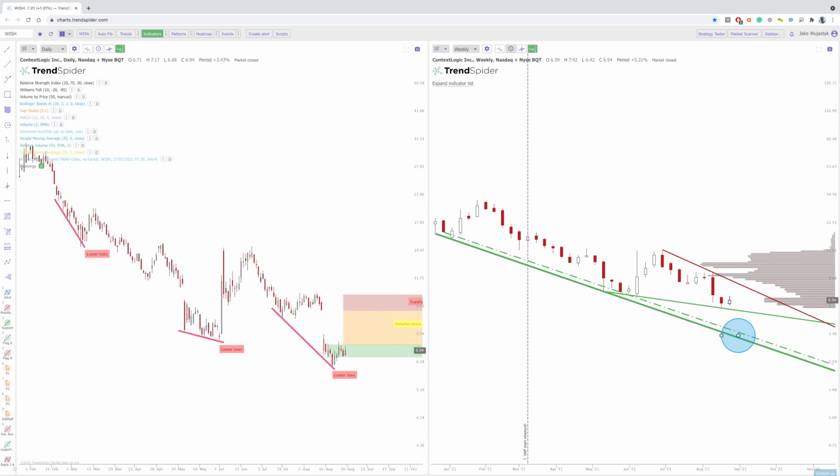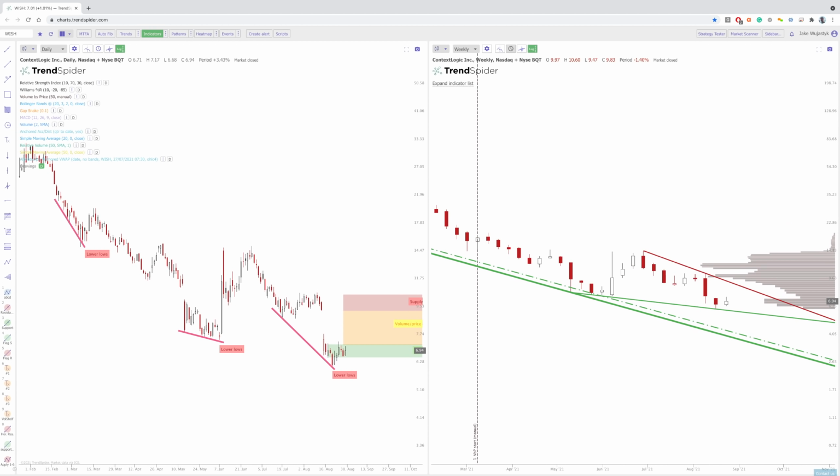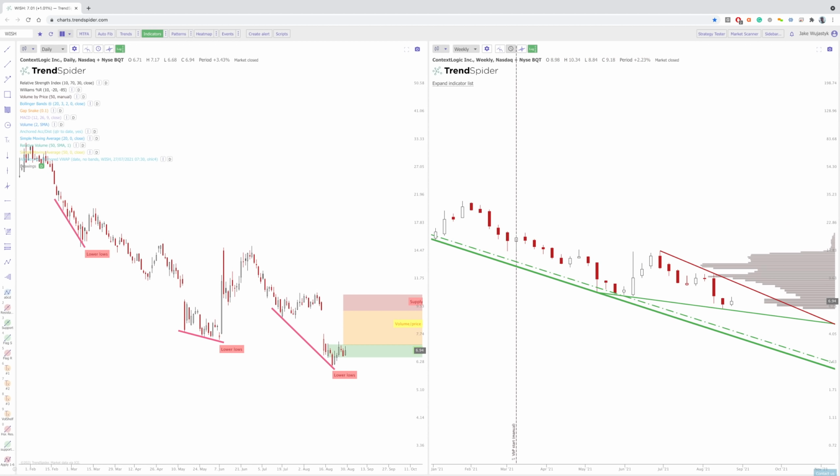Now, you do have a secondary pattern forming here, a falling wedge, and you can see that we are holding support for now. If we did continue to the upside, the initial area on the weekly, at least, would be this resistance trendline above. But if you go to the daily chart, you'll see here, if we anchor the volume by price